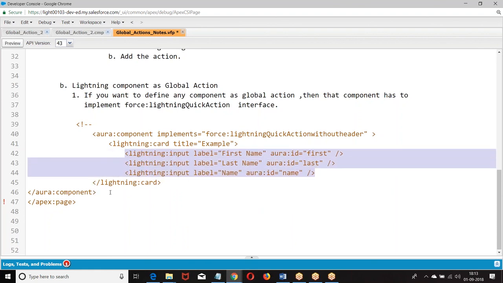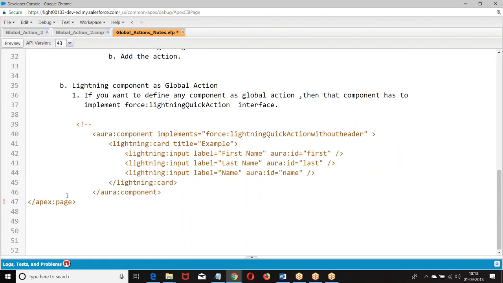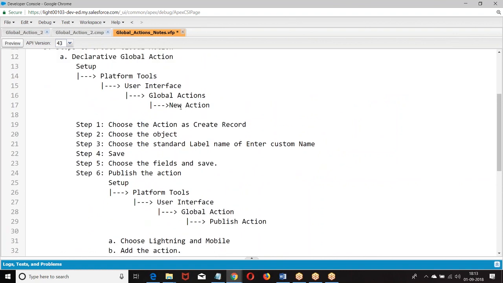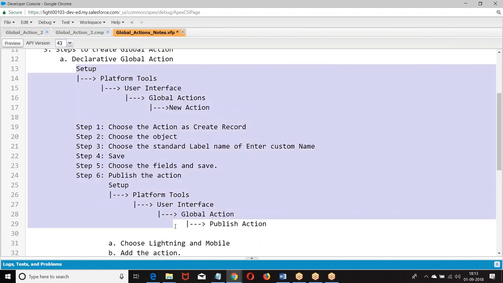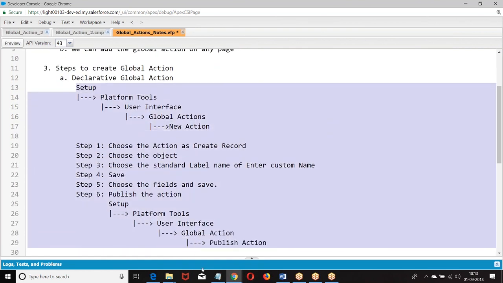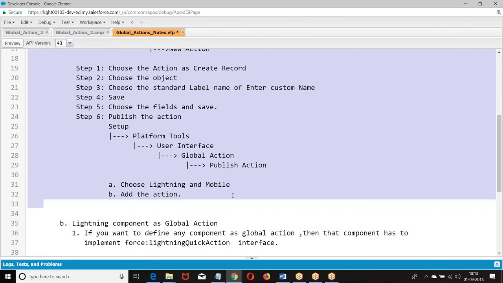This is how I have created. So if you want to create any action, client side actions or anything, it's your choice. You can define it. Right, boss? Then how to add it? If you want to add it, the same procedure should be done. Once you create this, adding the action will be the same procedure. Only thing is, instead of adding the fields, the fields will not be there. Rest all the procedure is going to be the same.